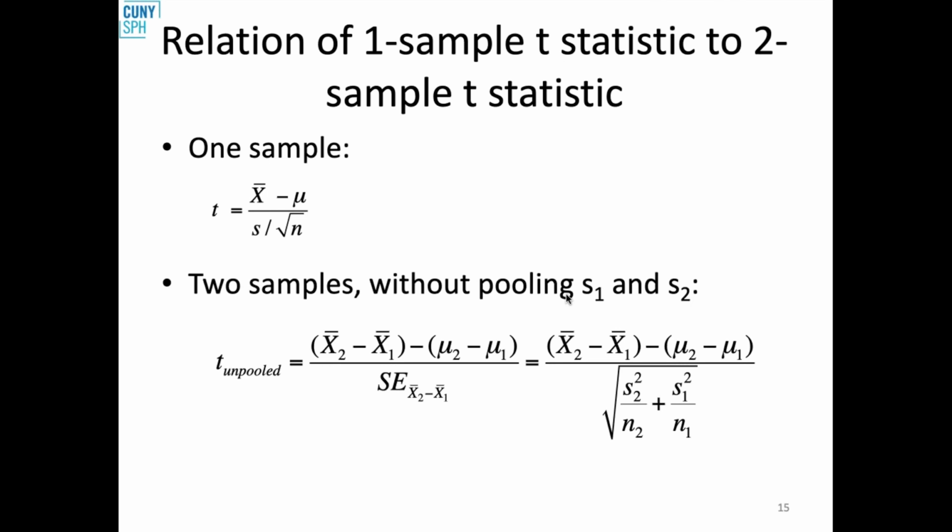You're not pooling them together to get a single standard deviation. Okay, it's equal to, and again, you can drop out that mu2 minus mu1, so it's equal to the difference in the two means divided by the standard error. And standard error, instead of being sigma squared over n2 and sigma 1 squared over n1, it's now the standard deviation from each of our samples, squared. And that's how we get our t-score. And again,